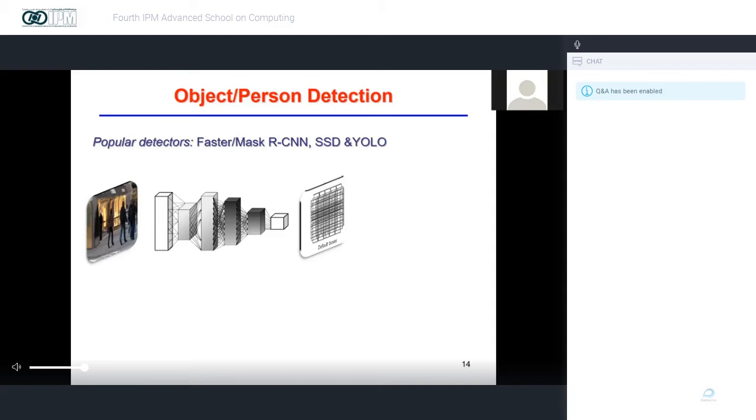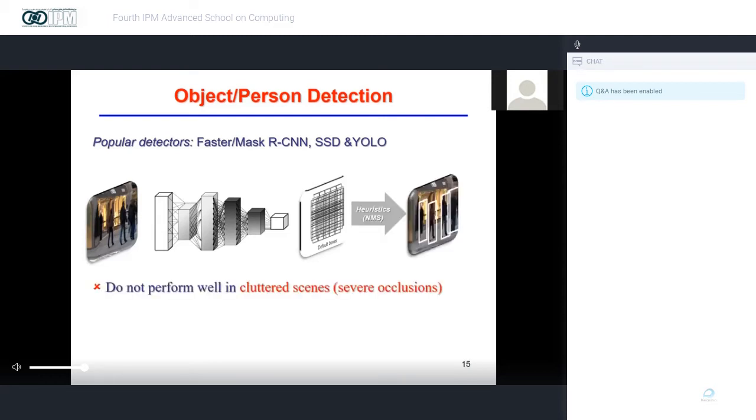But ignore the regression part, which is just fine-tuning this grid, which we call anchor boxes, or we try to learn a score for each of them to be object or not. But is it the final output? No, actually, there is an inevitable process. It's called non-maximum suppression. I don't know how much you know about that, but this part is a heuristic and it's not a part